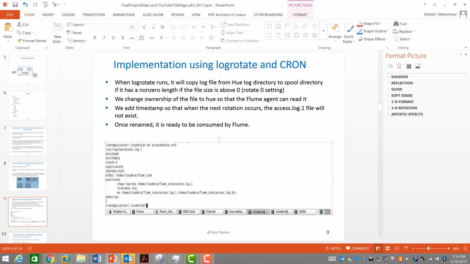As you can see here, I'm looking at the Hue access logs, and I'm rotating. If the file size is more than 0, then I know I need to go and get the data, and I move it to a sync folder, and name it access.log, and then I give it the right ownership, and then move it with the right timestamp. So then it's available in the sync, and it is ready to be consumed by